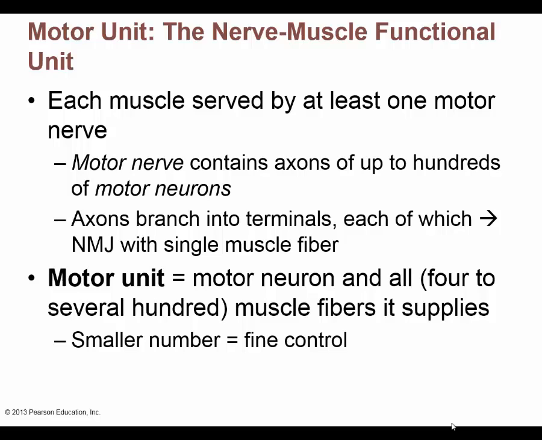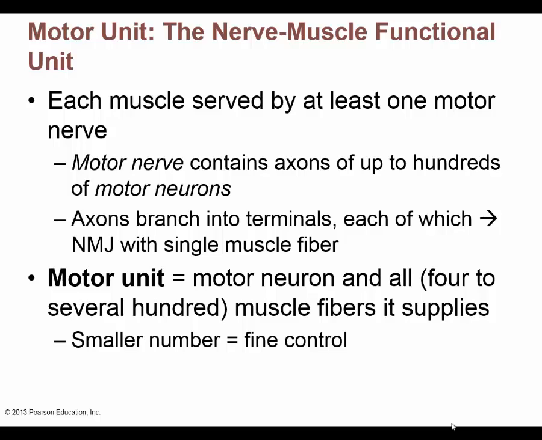Now, at the end of each axon, we have axon terminals. Do you remember how many times they can branch? They branch up to 10,000. I mean, you might have like 3, or you might have 10,000 little tiny terminal branches that come off of it too. So axons branch into terminals, and each one of those little axon terminals will form a neuromuscular junction somewhere in